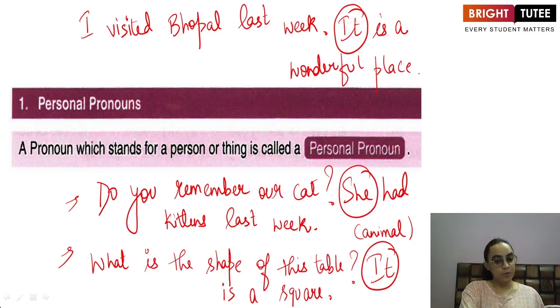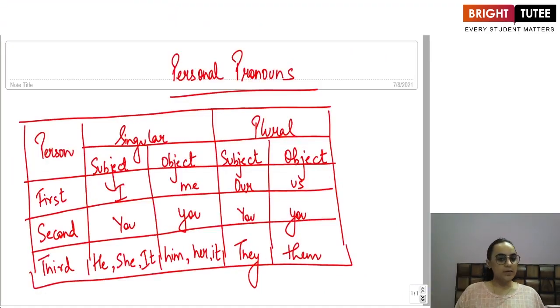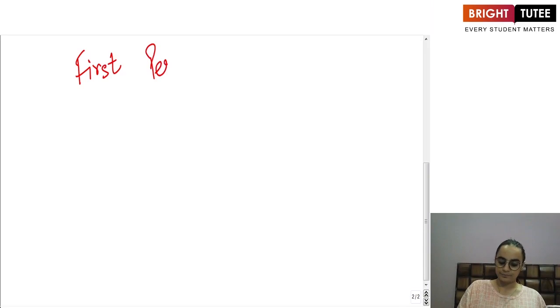Now, in order to understand the personal pronouns better, let us look at a table. Now, as you can see this table in front of you, we know that nouns can either be singular or they can be plural, right? Also, we know that the nouns can be used either as a subject or they can be used as an object. Fine. Now, personal pronouns can further be subdivided into first person,